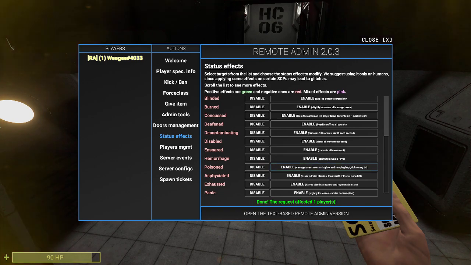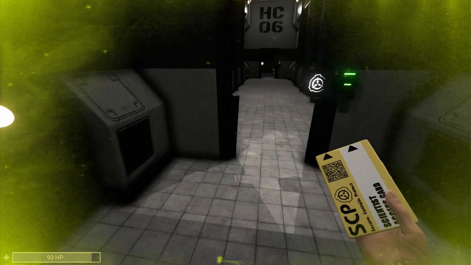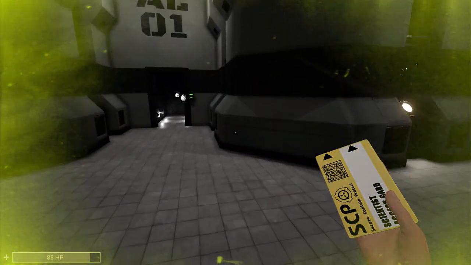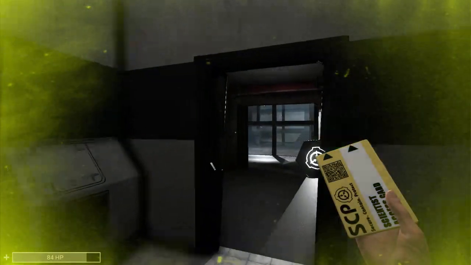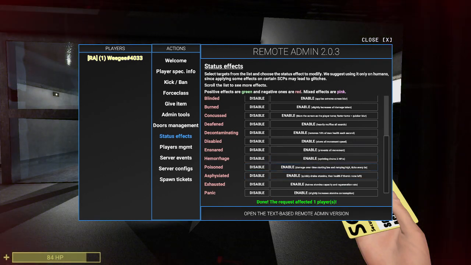Poisoned. Damage over time starting low and ramping high. It ticks every 5 seconds. So right now it starts with 2, I believe, and now it's gonna go up to 4, I think. Yeah. So after a bit that would go up to like maybe 30, and then you would probably be dead. Anyway,